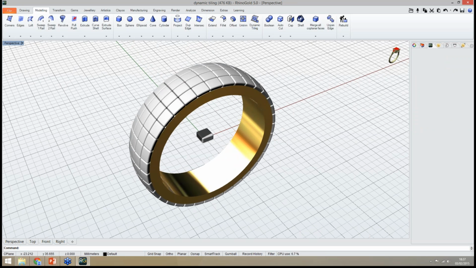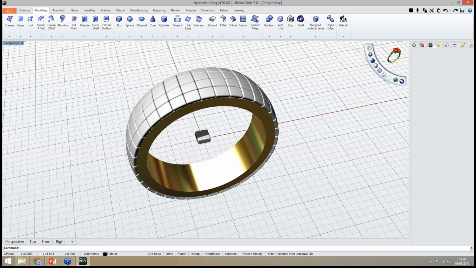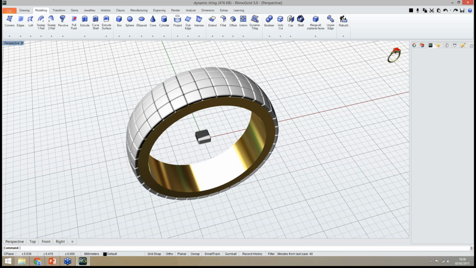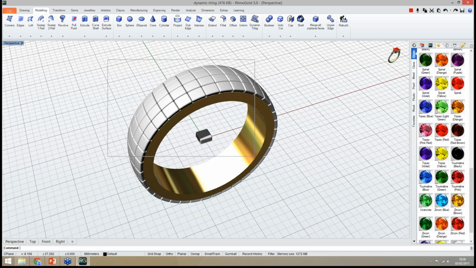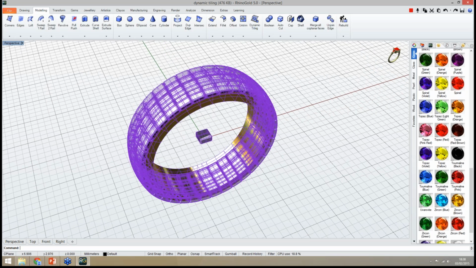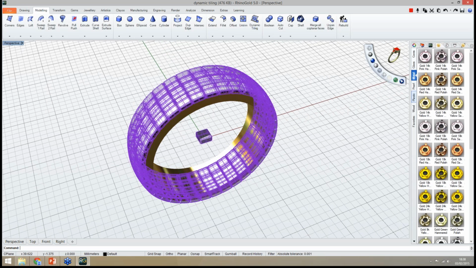So I'm going to show now the screen recorder. As you can see in RhinoGold, we have this icon, the screen recorder icon, and at any moment I can start recording my screen. When you see the square black and red, it is recording. For instance, now if I want to select all these objects and apply another material, let me try this one,